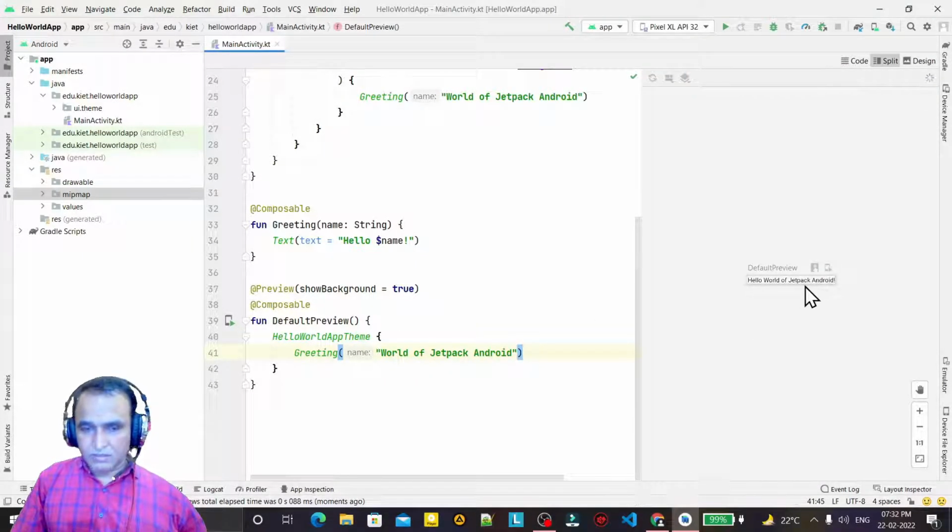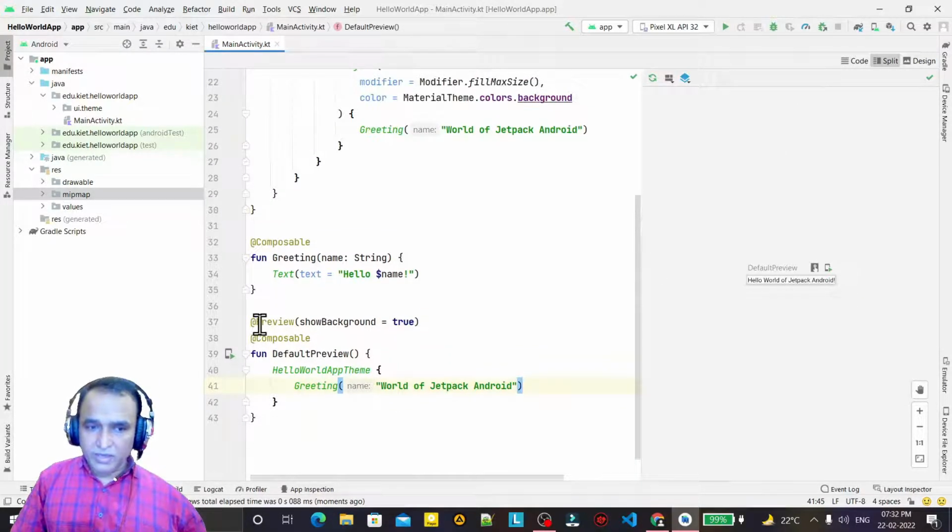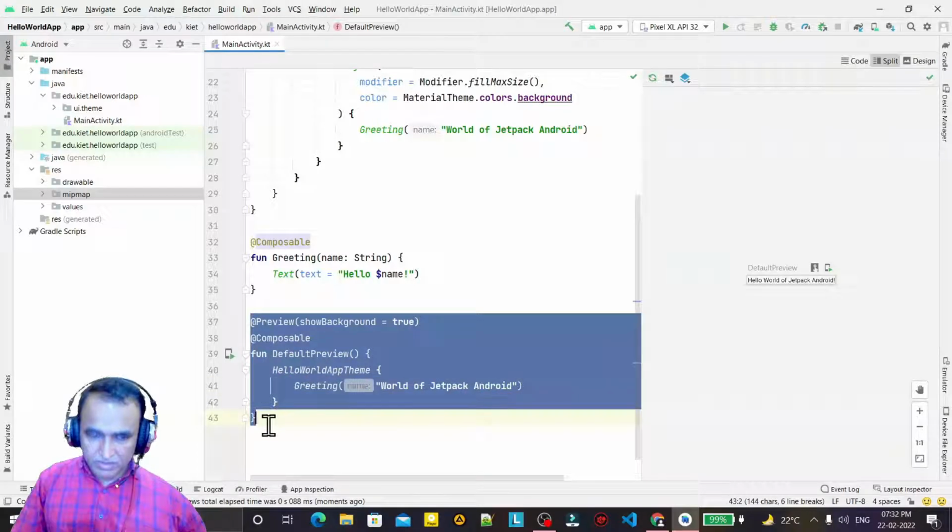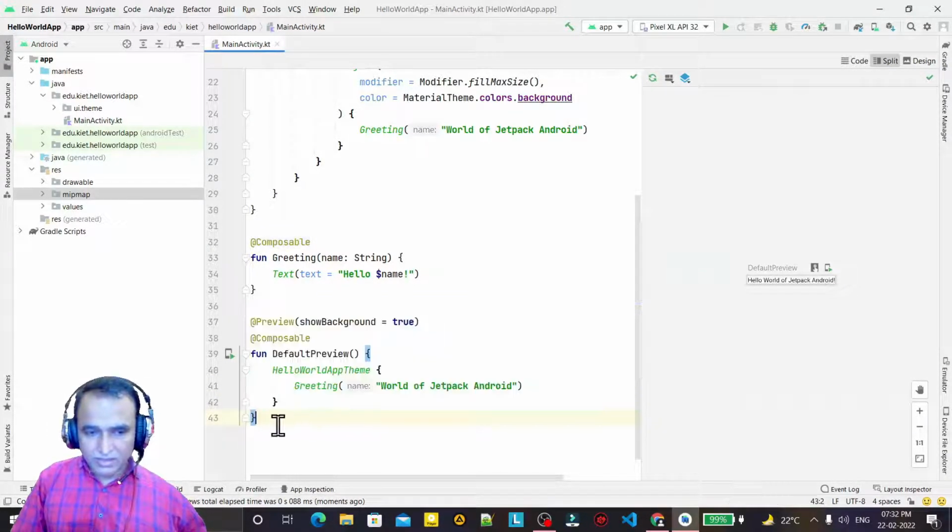You see the text is coming, so it will look like this. So like this we can see, but I don't want this. I want to display on my Android emulator. So if I do emulator, it doesn't require this code. Remember, if you want to display on emulator, then you do not require this.